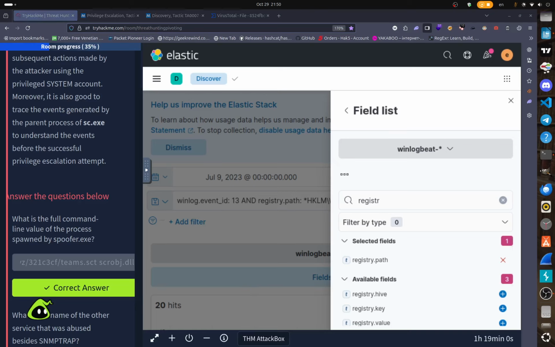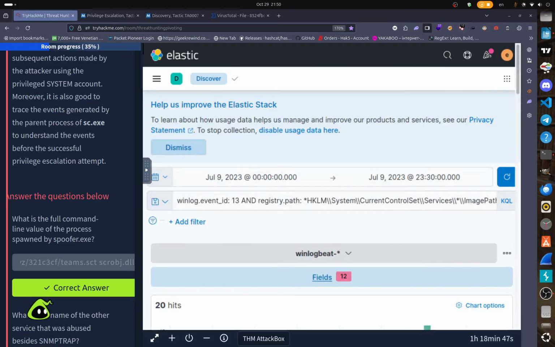Okay, here we find the path in the registry that was changed. As you can see, in the path we have the service name. So here we have snmptr and we have spooler. These were the